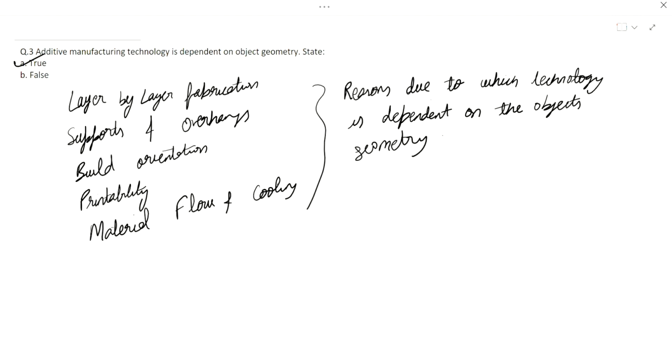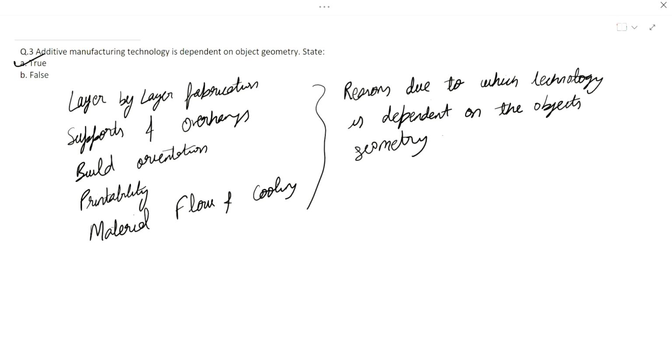In some cases, objects with complex geometry, with overhangs or undercuts, may require support structures. Again, this depends on the object's geometry, shape and complexity. So object geometry definitely plays a significant role in deciding how you proceed with your additive manufacturing